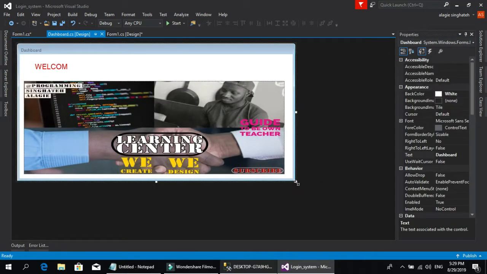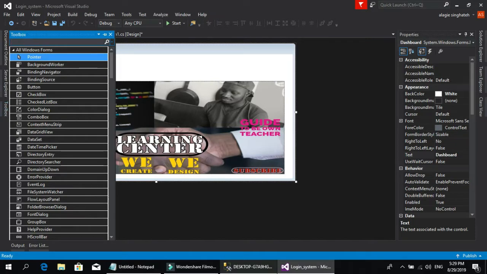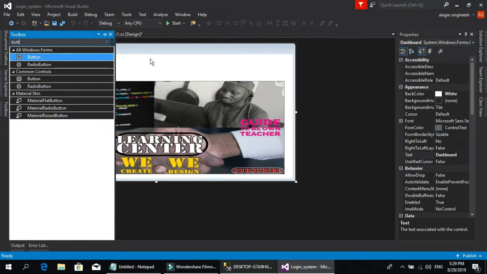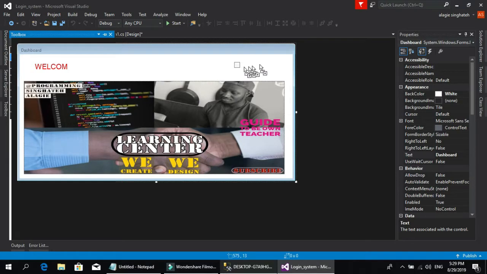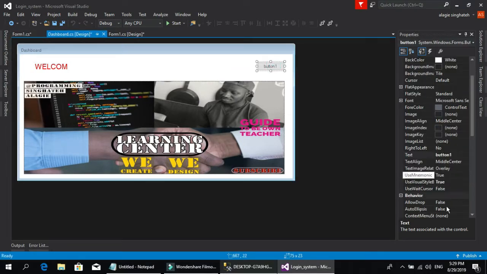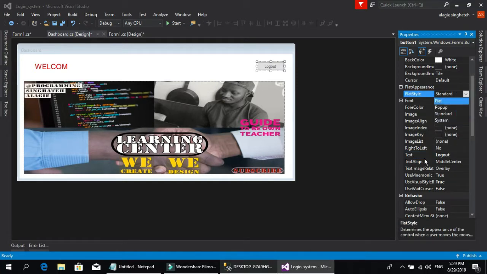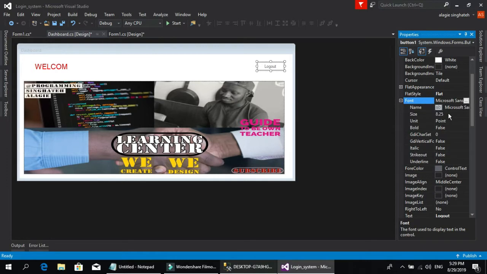I want to have one button here. Let's put one button here, go to log out. Okay, log out like this, and the form will be flat. Let's change the font. Font will be very bold, and